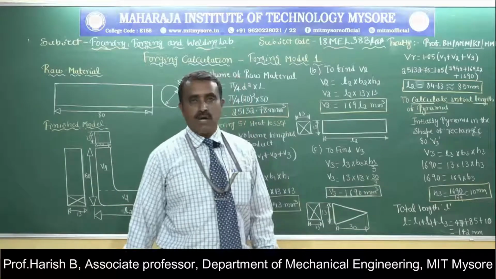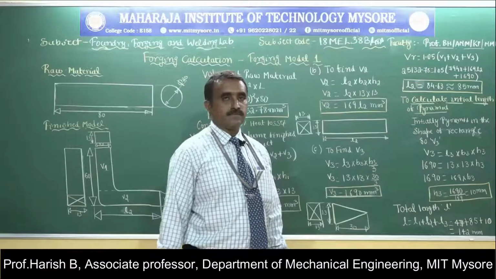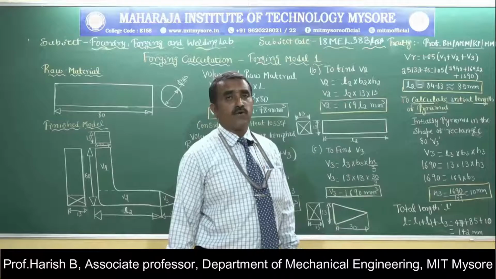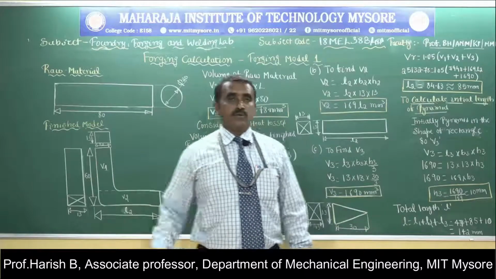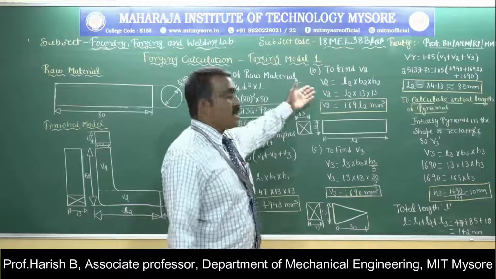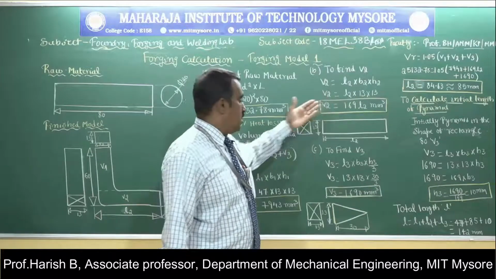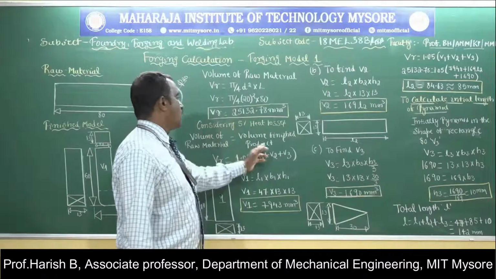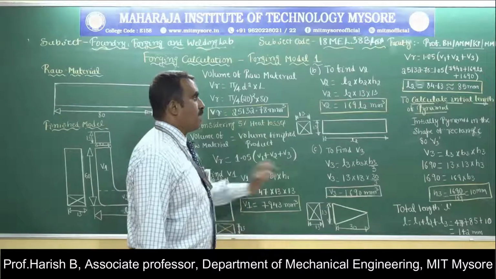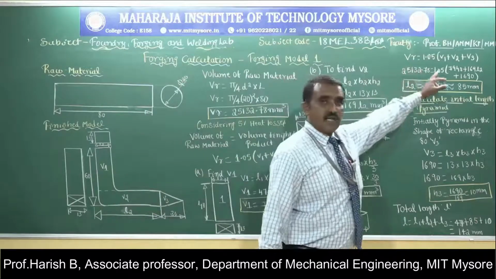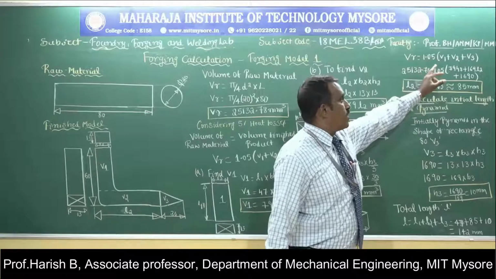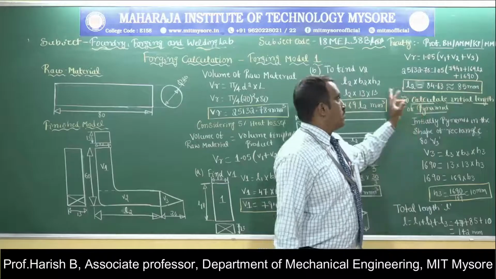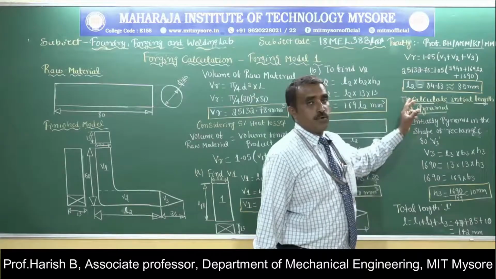So I calculated all the three volumes V1, V2 and V3. Here V2 is in terms of L2, which is unknown. First I have to find out what that value is. Once we calculate the individual volumes of the three sections, I have to substitute: the total volume of raw material will be equal to the volume of the finished product. So VR is equal to, considering the losses, 1.05 into V1 plus V2 plus V3. I know all the values except V2, which is in terms of L2. So from this I will get the value of L2.